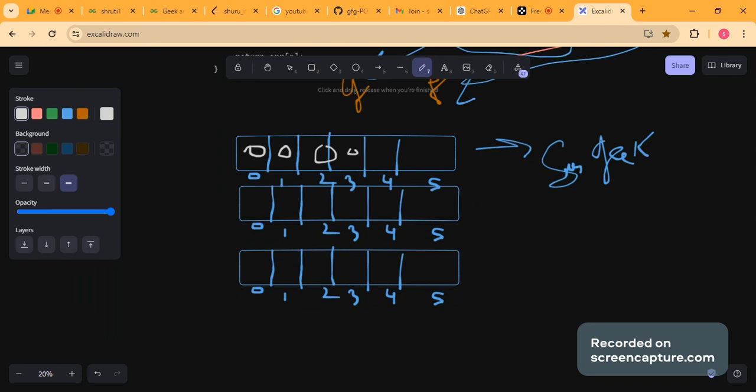Now the base case: if there are 0 coins available for us, then we can't choose any coin. So for DP 0, we would insert 0 here, which will already be inserted, so we don't need to do that. And if we have only 1 coin available, then as we know that Geek starts the game, he can pick the first coin, and obviously he would win because there will be no available coins for friend. So if we have only 1 coin available, then Geek wins, and as Geek wins, we put a 1